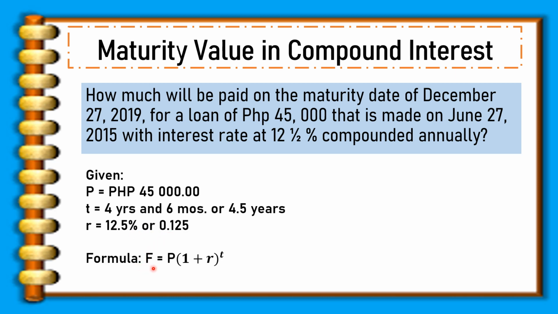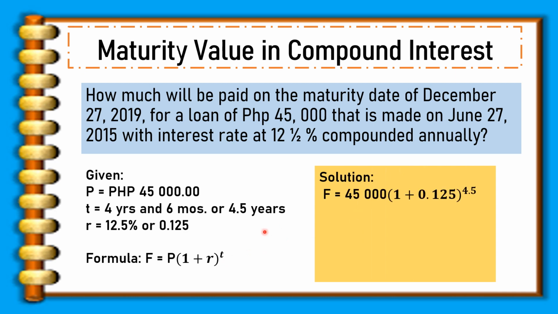Formula to be used is maturity value equals principal amount times (1 plus r) raised to t. Simply replace P, r, and t by 45,000, 0.125, and your term is for 4.5 years. Next, simplify the number inside the parentheses. It is 1 plus 0.125, which is 1.125, raised to 4.5, it is